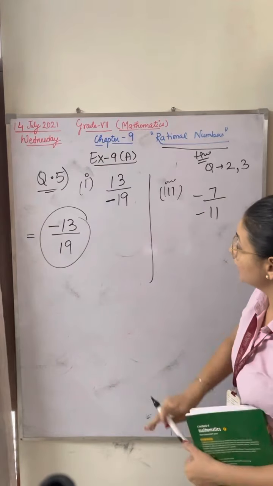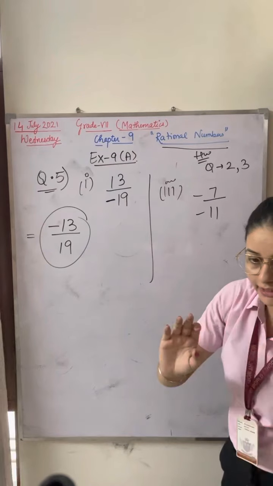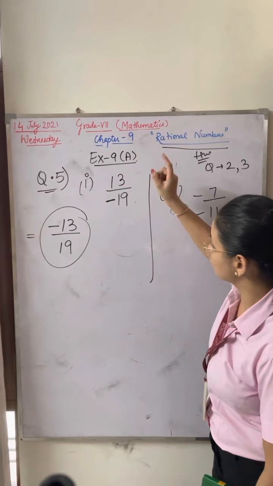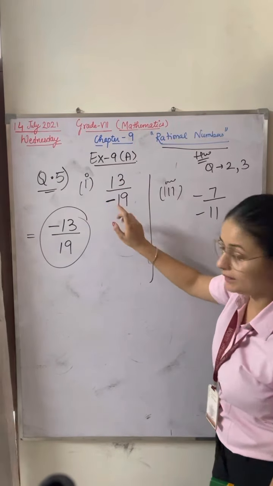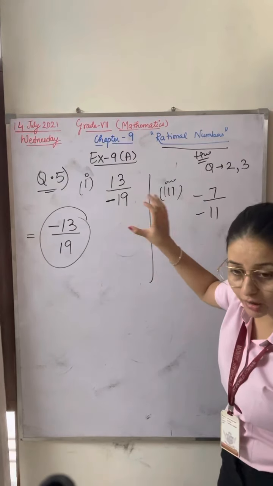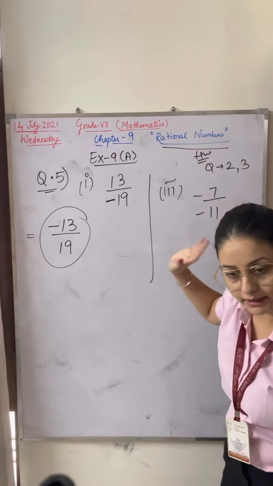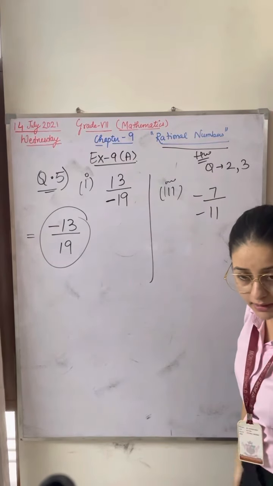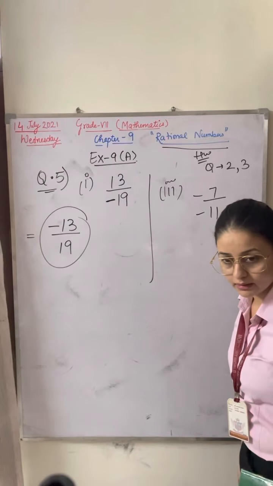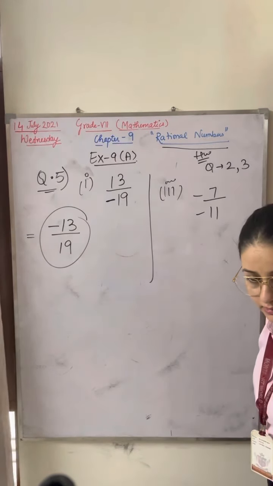If the numerator should be positive, shift the minus sign to the denominator. If the denominator should be positive, shift the minus sign in front of the numerator. That's it. Is it clear, everyone? Abhijot, Sneha, Saloni,